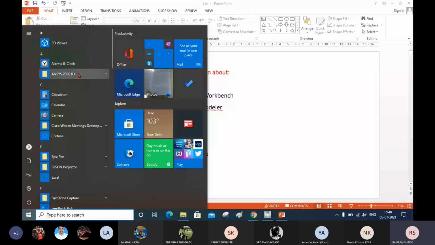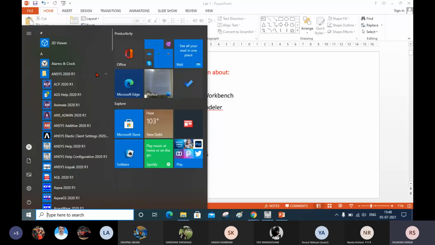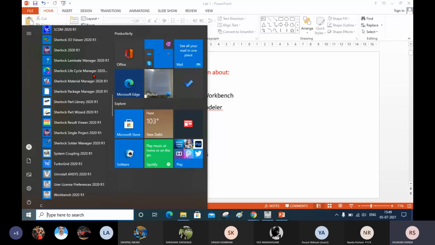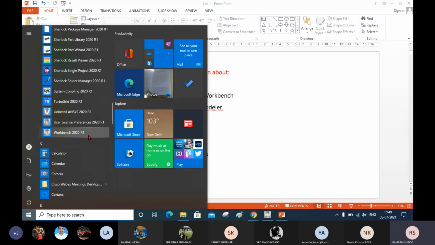I am using 2020 as the ANSYS version, release 1. Just click on this ANSYS 2020 R1, then go to the last option, the Workbench. Click on this and wait for the opening of ANSYS Workbench.